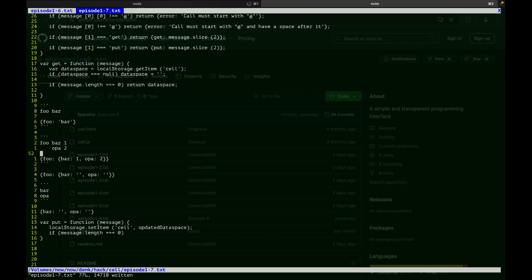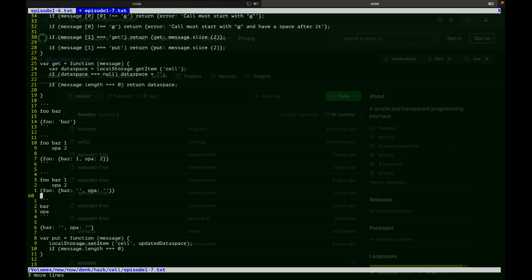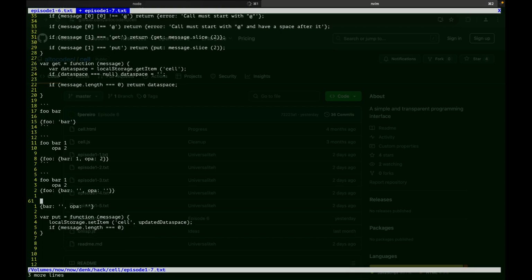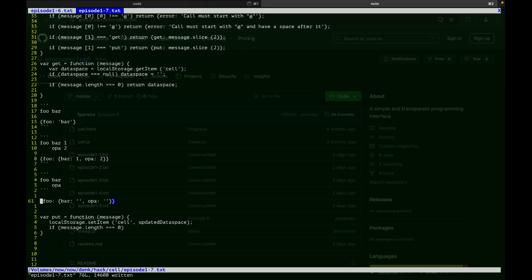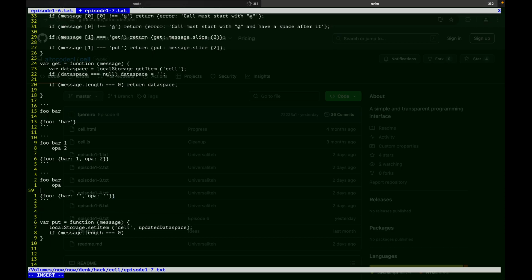Now, if you have this guy here with nothing, you're really describing it like this. You're really describing it like foo is a hash that has two keys, bar and opa. And bar and opa, what do they have?